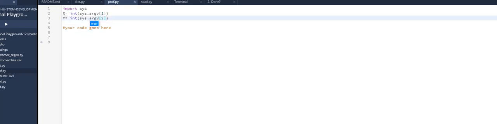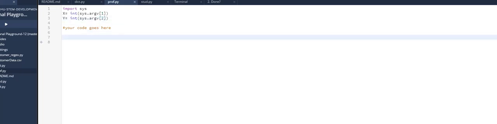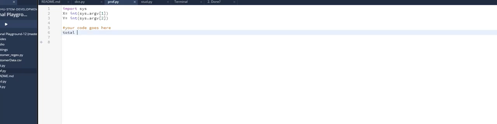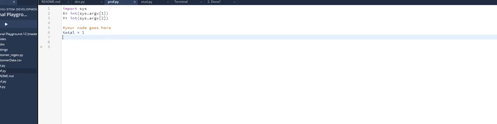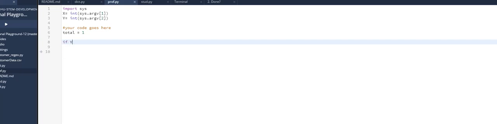Here. Okay. Then we will create a variable, set it equal to 1, and then we want to say if y is not equal to 0, if I can type,